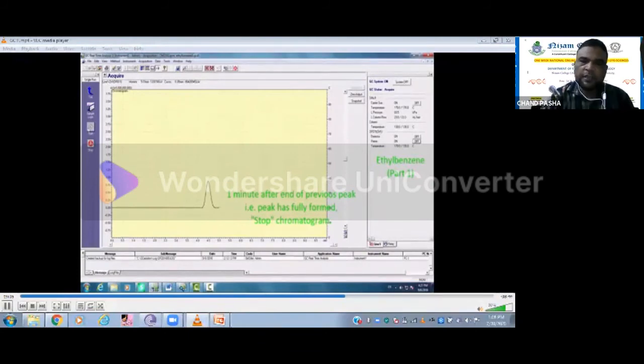So here you run different concentrations of sample, and whatever area you get, you construct a standard graph, and you run the unknown next. Then you compare the unknown area with the standard values, so you will be able to measure the quantity of unknown present in your sample. The same thing we apply for HPLC also.